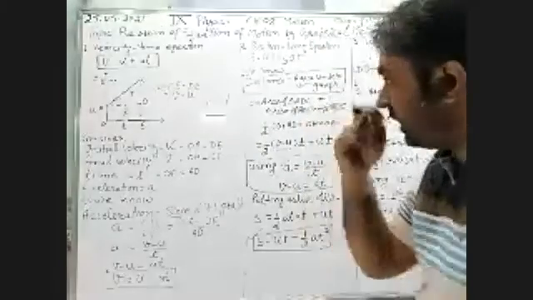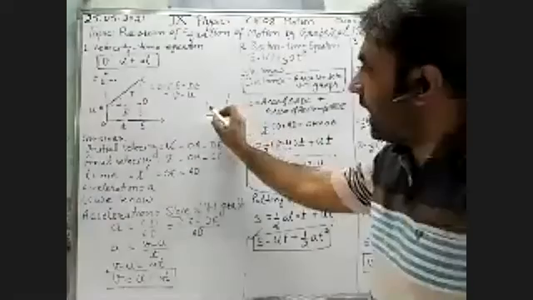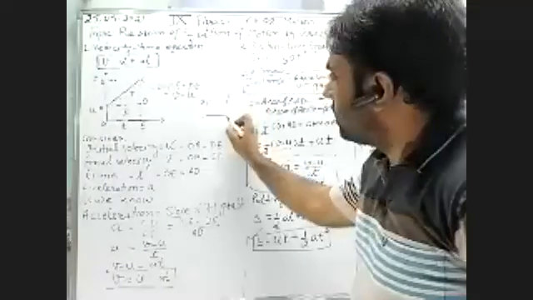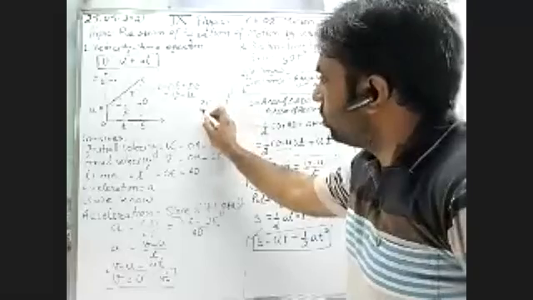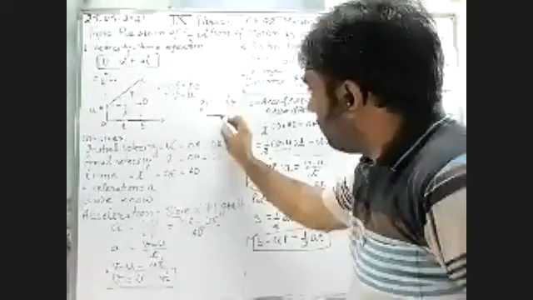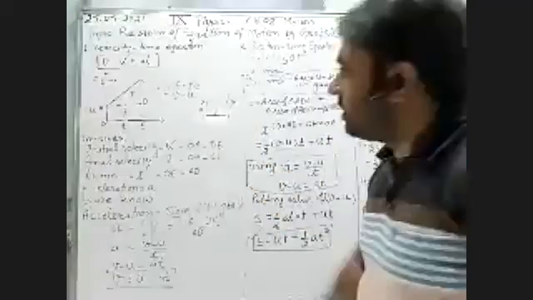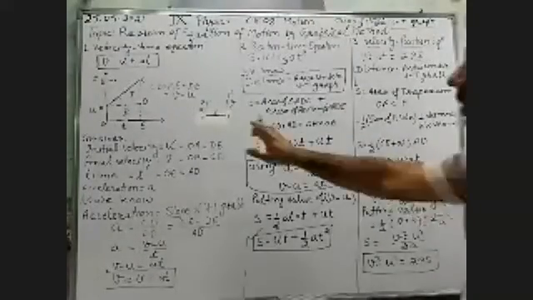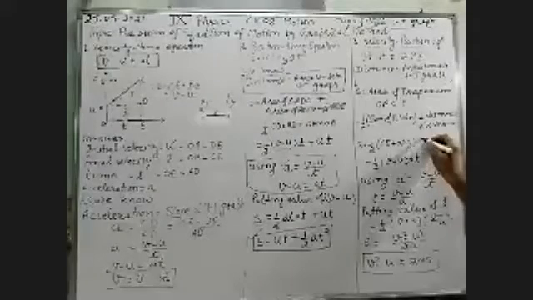So with the help of mathematics, what is the formula for the area of a trapezium? Area of a trapezium is the sum of the parallel sides multiplied by the perpendicular distance between them, divided by two. Let this be O, A, C, and this our E. So OA and CE are the parallel sides. OA is U, and CE is V. The perpendicular distance between them is OE, and OE is equal to T. Instead of AD, you can also write OE.